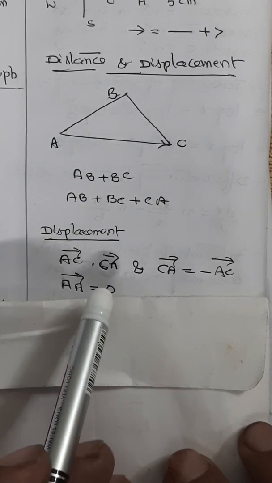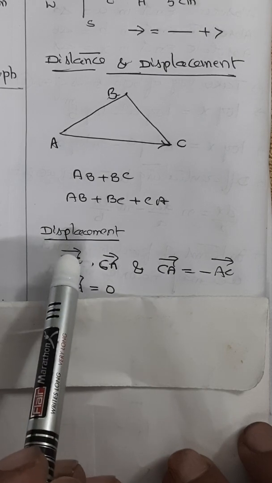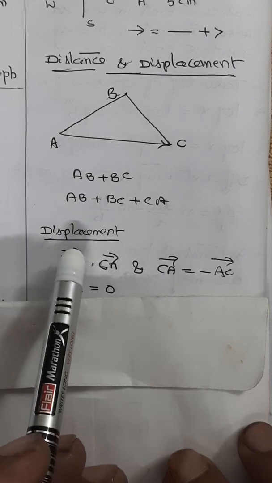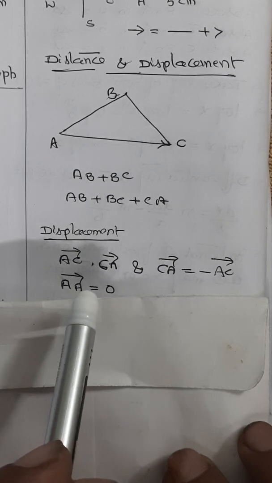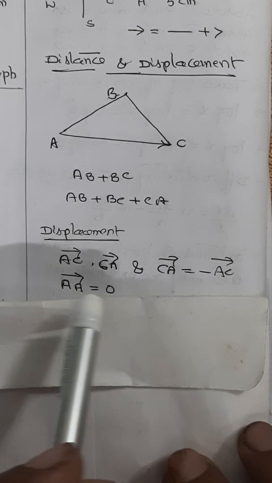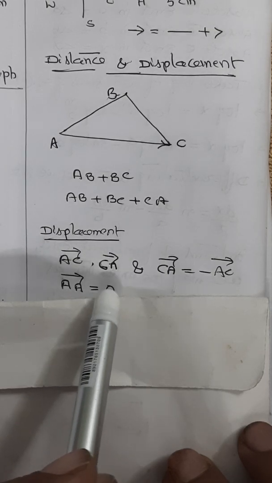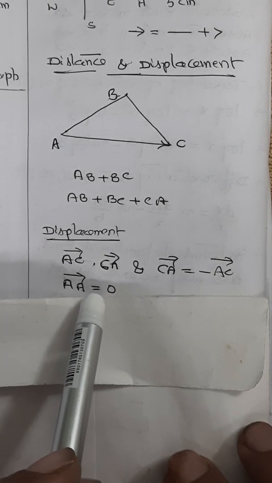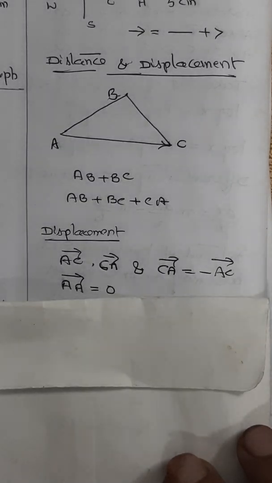So the actual distance traveled by the object in the given time interval can be equal to or greater than the magnitude of the displacement. The displacement of an object is unaltered due to shift in the origin of the position axis. This is what we need to understand as the important characteristics of displacement.